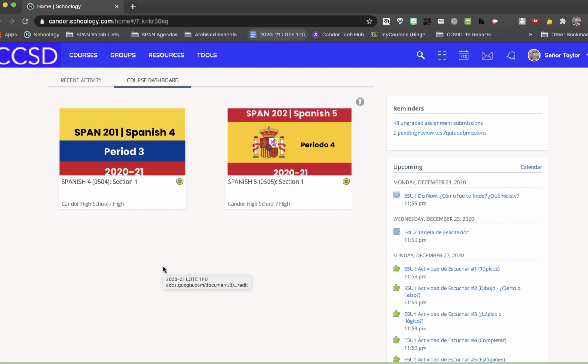We are very quickly going to walk through how to join a Google Meet just in case we end up in a remote learning environment. So the first thing that we want to do is go to our LMS. That is either Schoology or Google Classroom, depending on what your teacher uses. For this example, I'm going to use Schoology, but if your teacher uses Google Classroom, please ask them for more